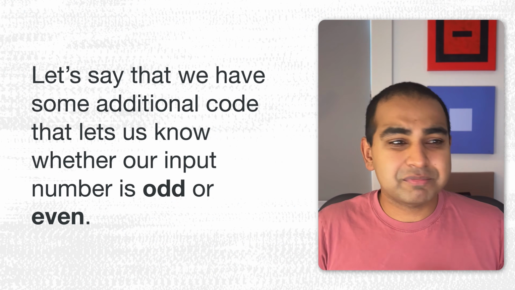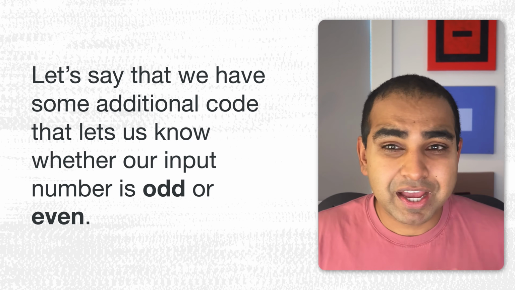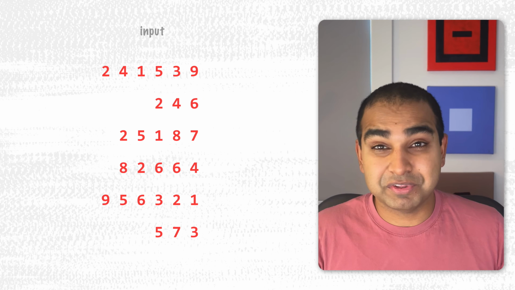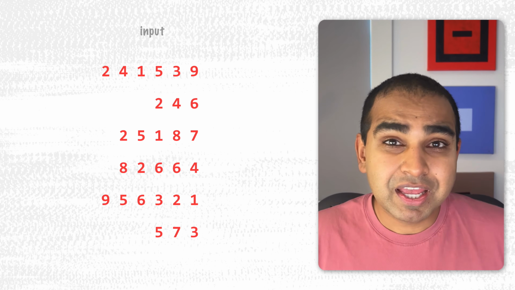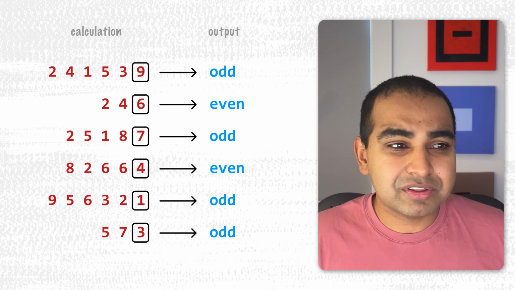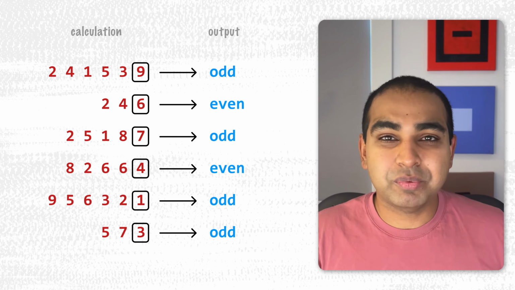Let's say that we have some code that tells us whether a number is odd or even. And let's say our input numbers look a little bit like this. We have some large numbers like our 241,539 from earlier, some small numbers like 246, and we have all these numbers here. To calculate whether a number is odd or even, there's a simple approach we can take. We just look at the very last digit in the case of the numbers and then quickly determine if it's